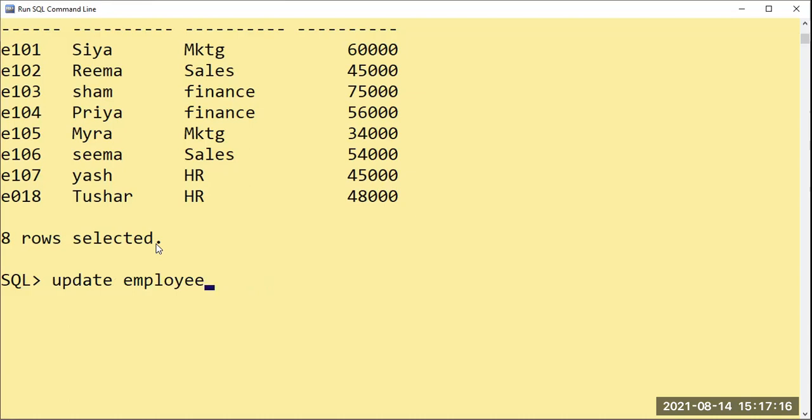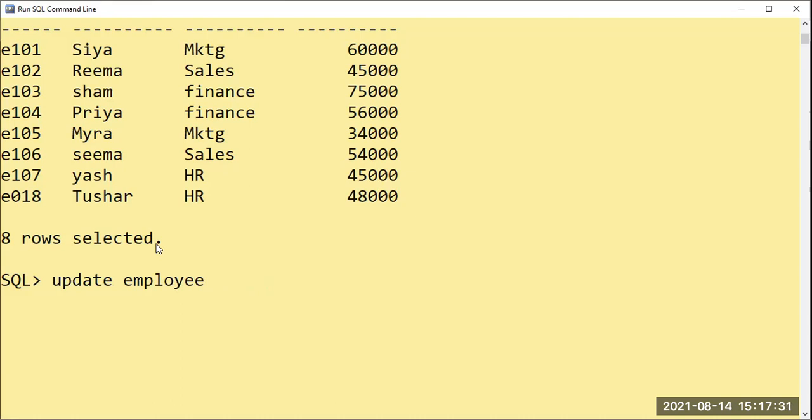When you want to change records simultaneously without giving any extra command, the way you do for insertion, the same way we have for updation also.